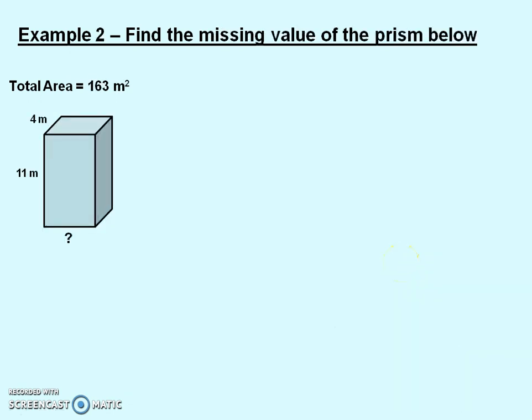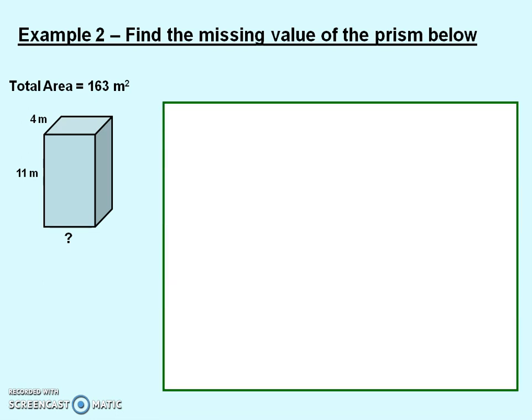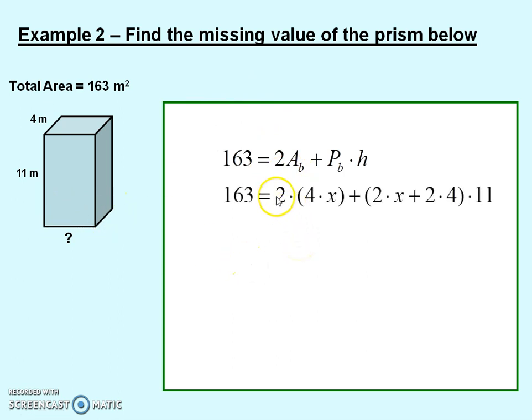Example 2 says find the missing value of the prism below. Again, because it's given me the total area, I'm going to start with the formula for total area. It's 2ab plus perimeter base times height, and I know that the total area is 163. I'll plug in everything that I know. My area of the base is going to be this unknown times 4. So when I plug that in, it's going to be 2 times, area of base is 4 times x. My perimeter of the base is x plus 4 plus x plus 4, or 2x plus 2 times 4. X here and here, 2 of them, and a 4 here and here, 2 of them,